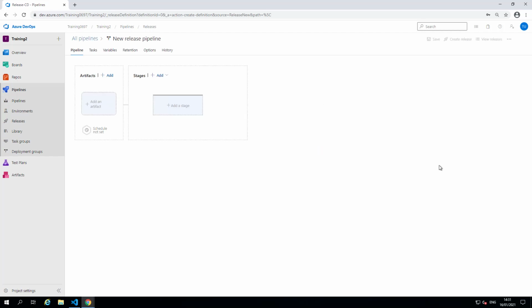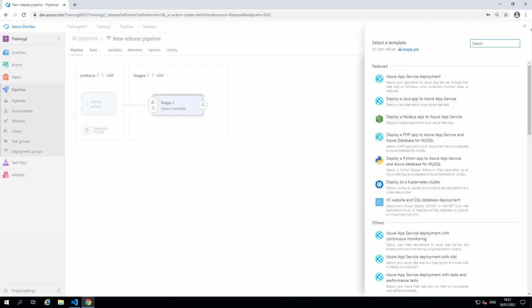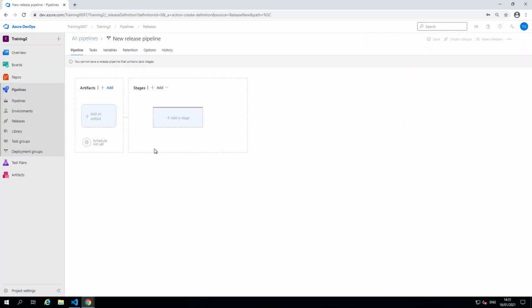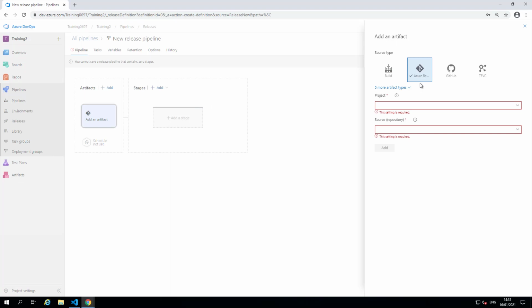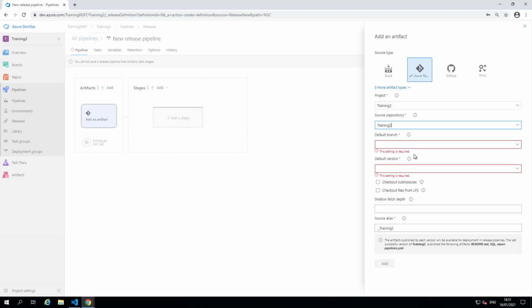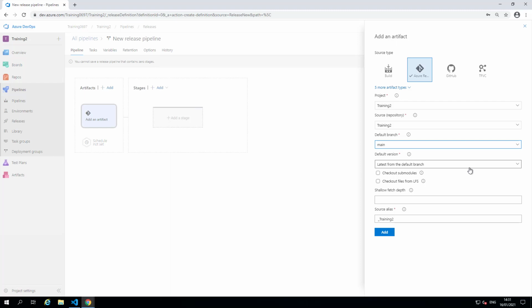And this is generally how I do it. I'm just going to close this for now and say what our artifact is. So this is, where is our code? What are we going to actually deploy? So if we click on that and specify our project, which is Training 2, what is the source? We're going to connect Azure repos. So that's where our code is, remember. We've got Training 2 and our Training 2 source code repo. The branch, we'll just stick to our main branch. We're not doing any branching, and just leave the rest as defaults.